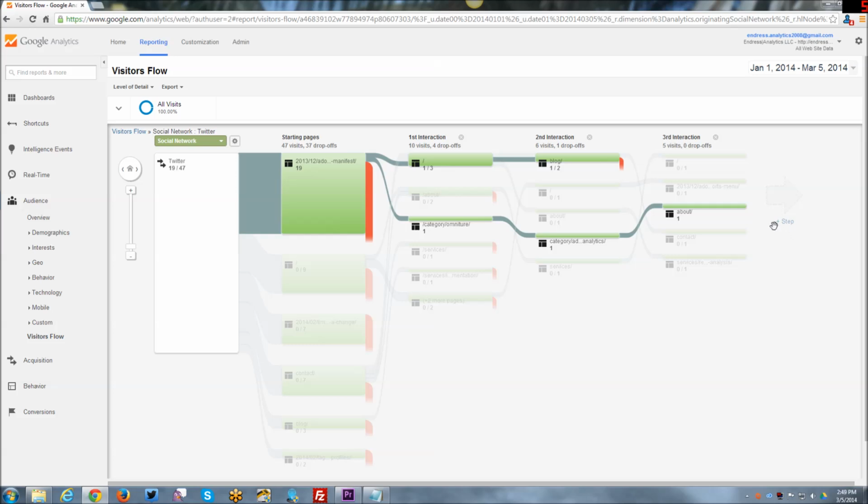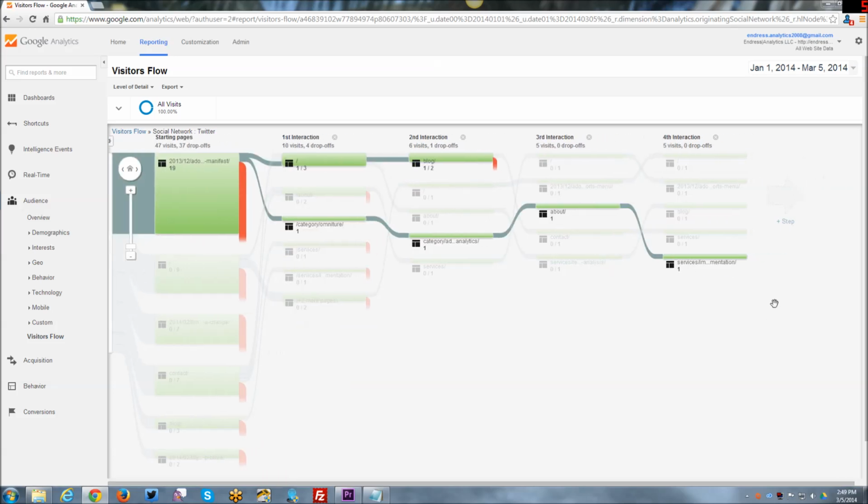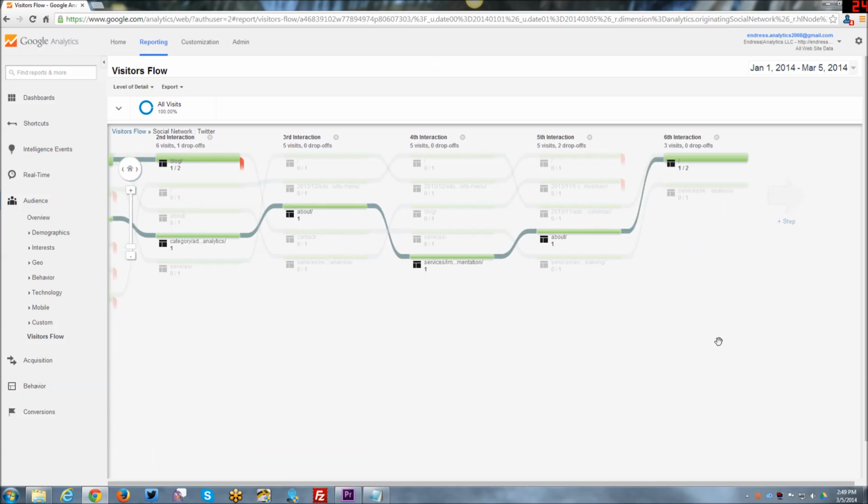Now, one interesting thing that you can do is, you notice here you have a plus step, so you can actually add another step. It always shows you the first, second, and third interactions in the flow, but if you click on step, it shows you the 4th, 5th, 6th, etc. types of flows. And so you can see here that it had this one Twitter person. So it says we're down to just one person, but they went from here to the About page over to